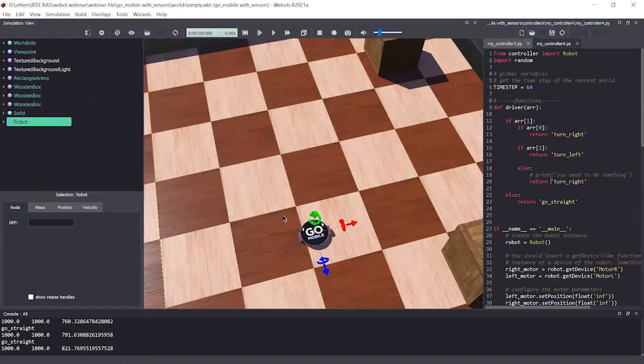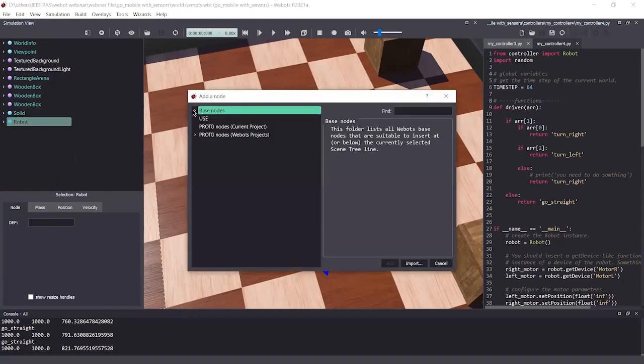In order to do this, you can design your model using, let's say, SolidWorks and save the file as an STL file. Then, in order to import it, highlight this robot node and go to the add option.